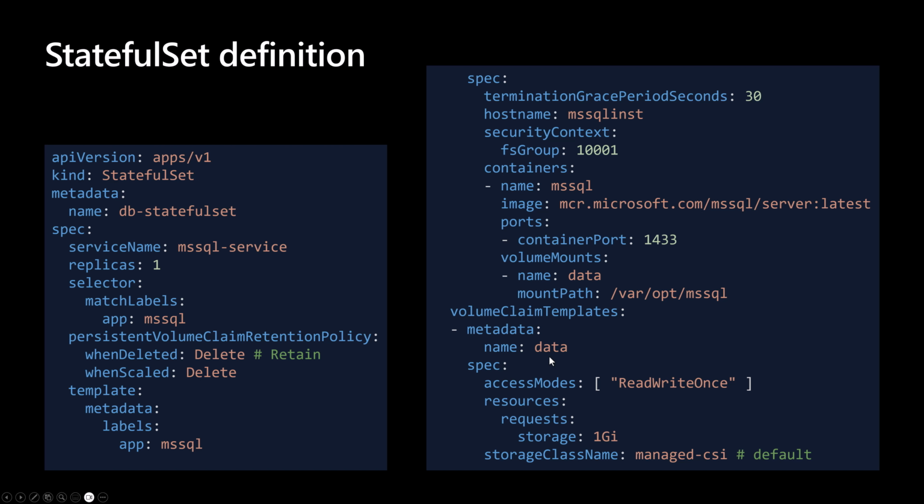It will create multiple disks, and for each pod, it will mount one dedicated persistent volume. So for 3 pods, it will create 3 disks. Each disk will be mounted into a dedicated volume. And then we have some other attributes that you might know from the deployment for managing the persistent volume claim